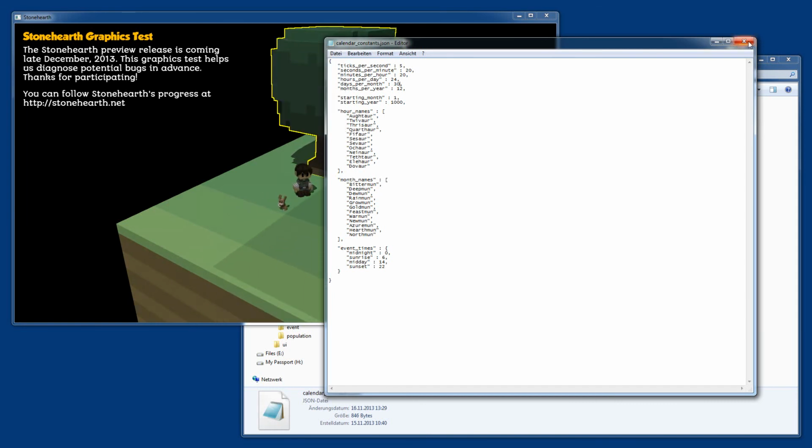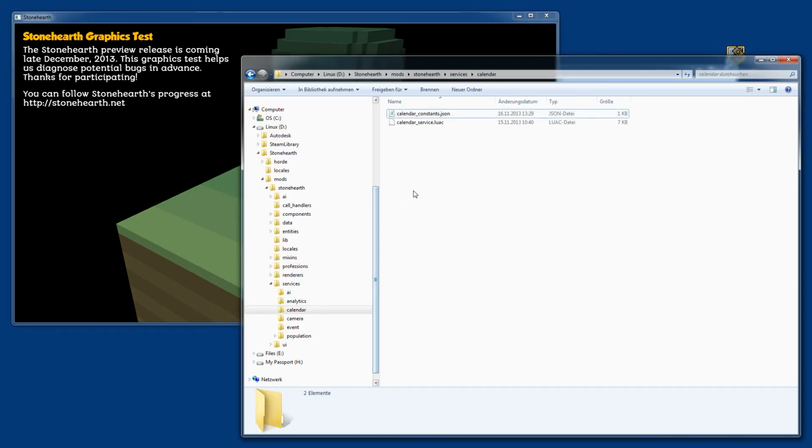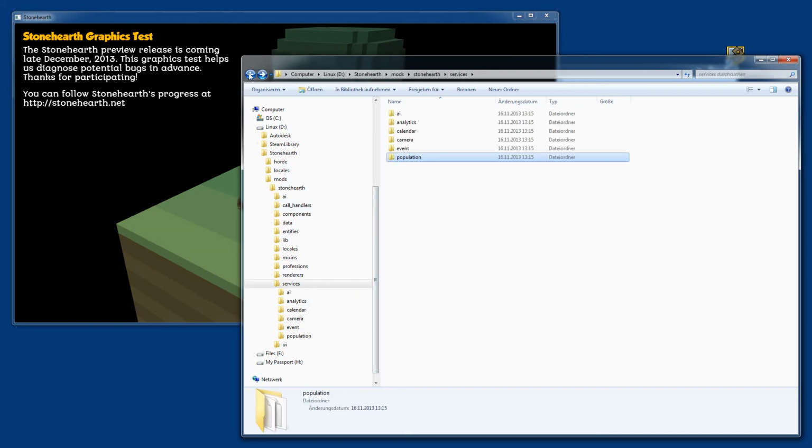Let's save this also. So we've done now 2 changes. We changed the size of the tree, and the day-night cycle should run faster. Let's see if this happens. And maybe let's see if this works right now. So how do we do this? Let's go back into the mods folder. So we have here